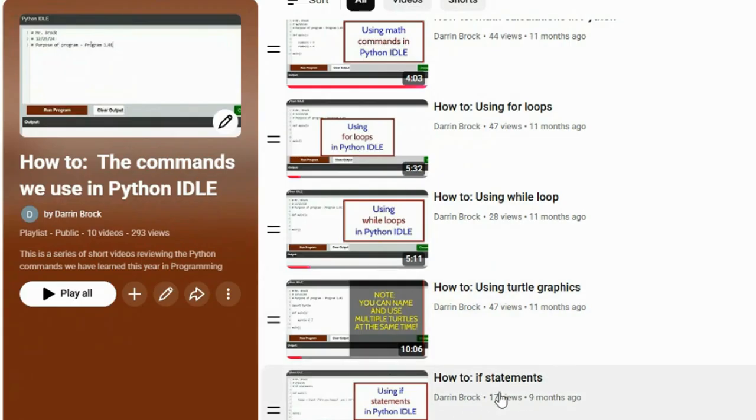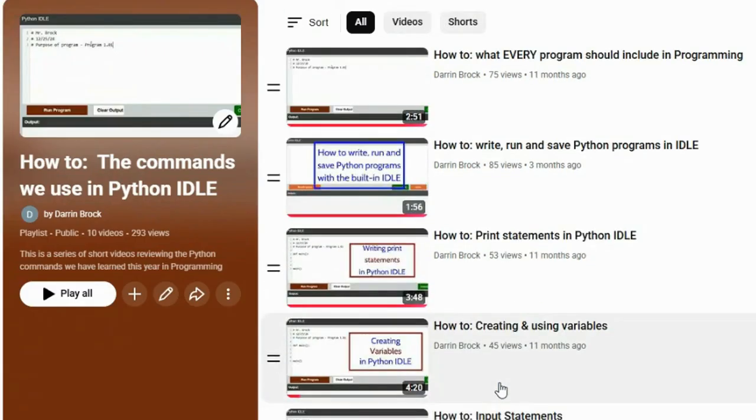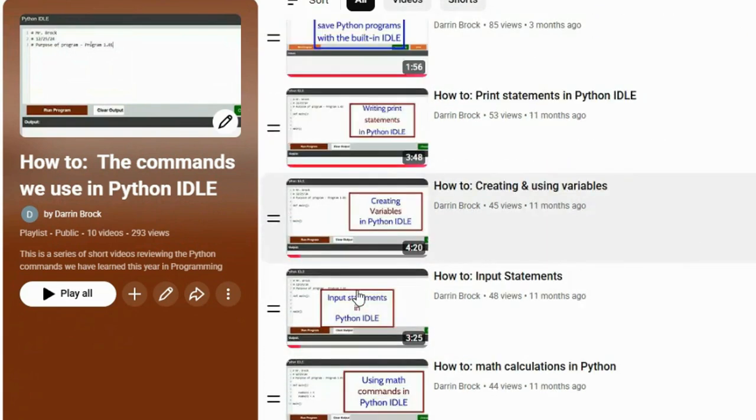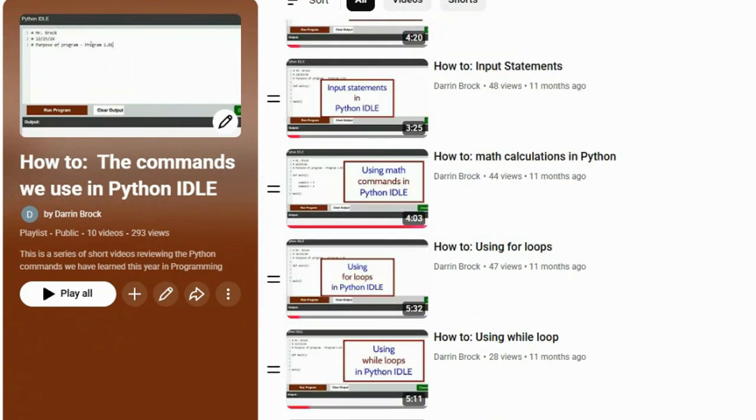I think this will be more what we're going to learn right here at the end or beginning of January, one or the other. But this is all this stuff we've learned this first semester. And these are just, well, the turtle graphics is 10 minutes. It takes a little more to learn the turtle, but these are 5 minutes, 4 minutes, 3 minutes, very short videos that you'll need to know, because starting in January, we're going to pick up right where we left off, and we're going to assume we already know how to do all this stuff. What do we need to learn now?